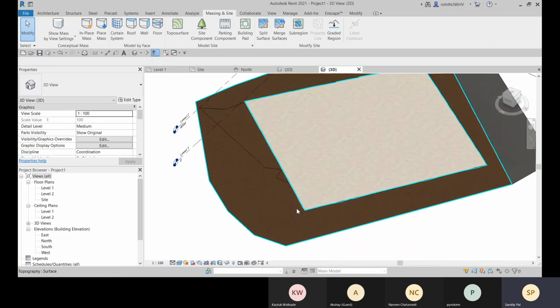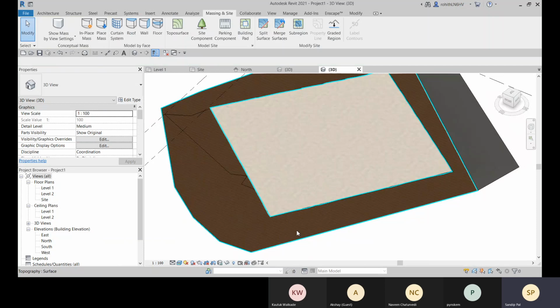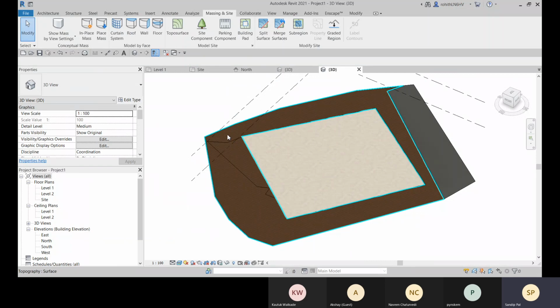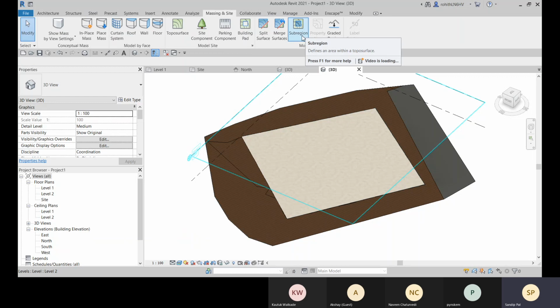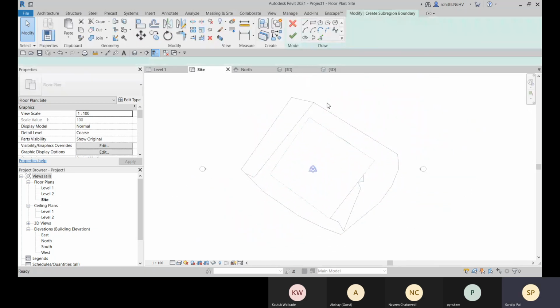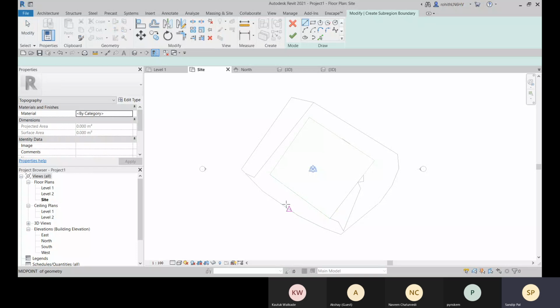Suppose here you need to create a garden area, or another boundary area within the main region. For that you can use sub-region, which is another region of the main topo surface. Let's go to the site, and here you can go for sub-region.